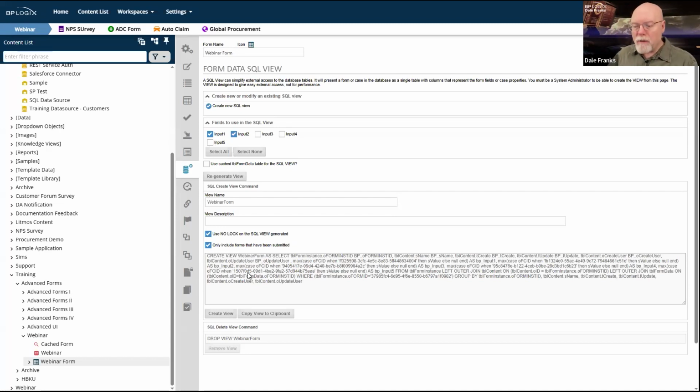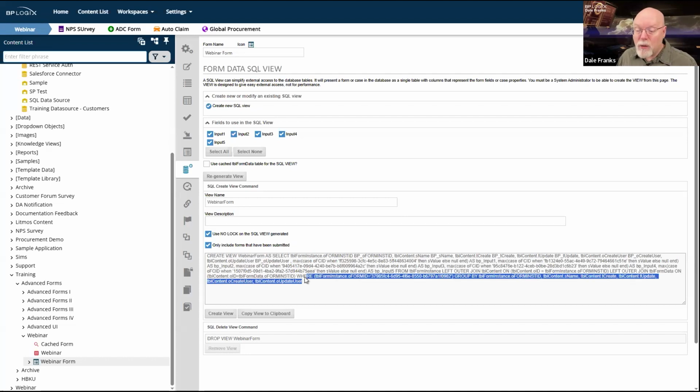When you go to a view, I don't have to worry about that. I know just the data that you want, and I can return just that form data that you want. Are you going to be able to pull process data and stuff like that out of it? Well, no, you're not. But generally, that's not what we're wanting. We're wanting form data. And if all I want is form data, we'll just go ahead and select all of these fields again so that they're all included in the view because I haven't created it yet. If all you want is form data, then great, because I don't have to look at all of that stuff.